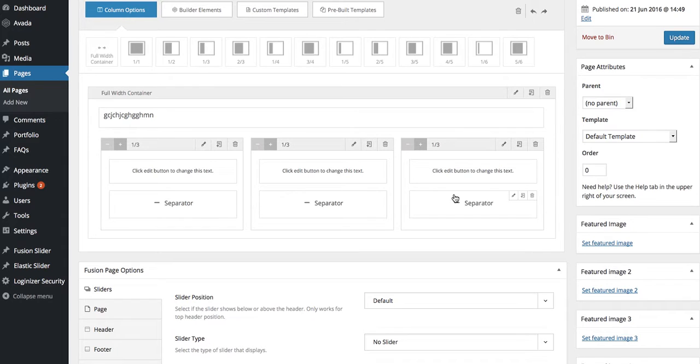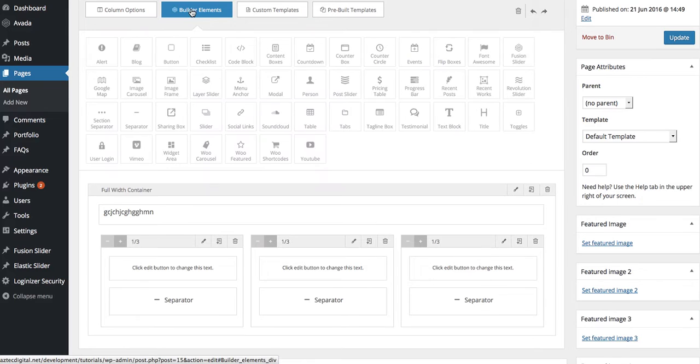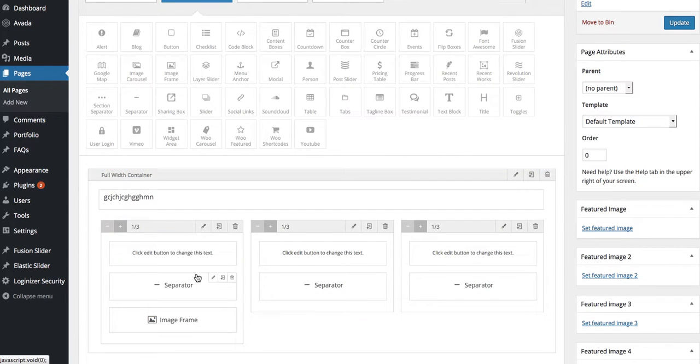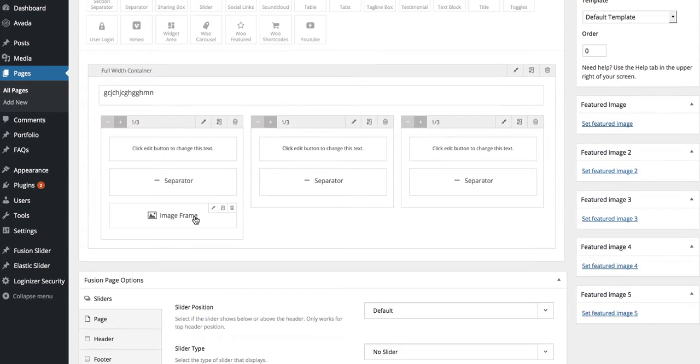So we've still got our 3 columns in here. This time we're going to put in images and image rollovers. So we're going to come up to the top here and select Builder Elements. Going to find the image frame, pull it down and drop it in. When it's in place, I'm simply going to click on the edit